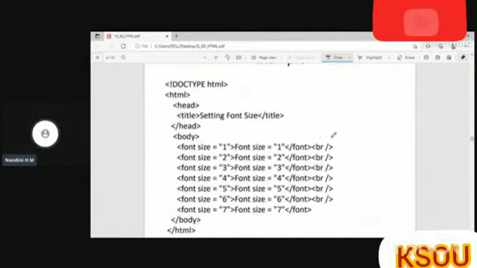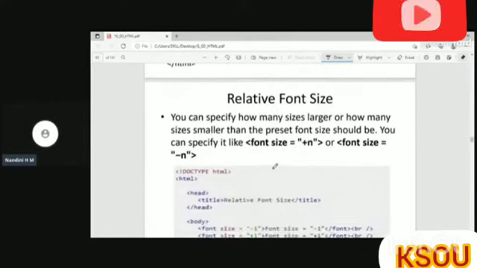In HTML, we have 7 different sizes starting from 1 to 7. Font size 1 will display your font in a particular size and font size 7 will display your font in a particular size. If you want other sizes, different from 1 to 7, you can go for relative font size.